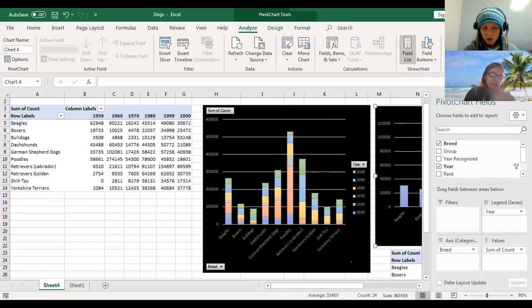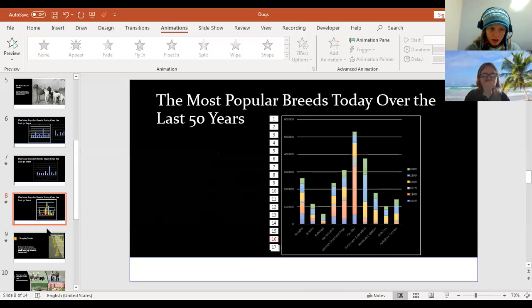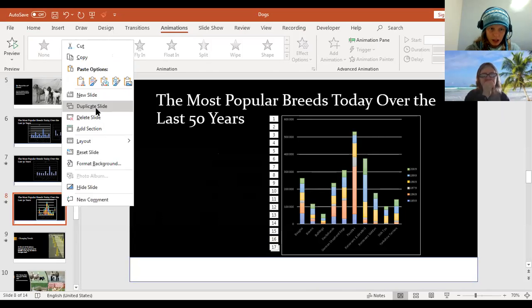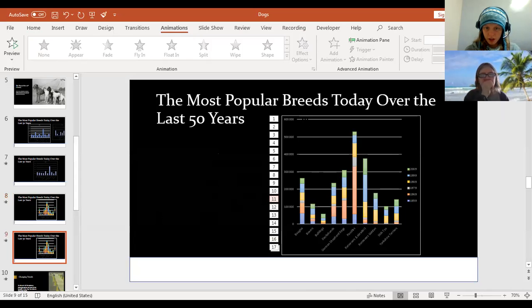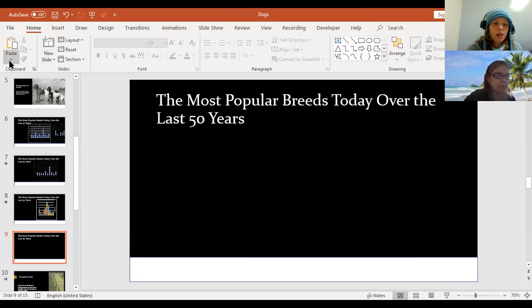And when you bring it in, I'll redo this one. So I'm going to hit copy, go to home, copy, and then I go to my PowerPoint, open that up. Let's duplicate this slide. Just hit right click and duplicate. I'll delete that. And when I go to paste, I'll go to this little drop down arrow, and that's where